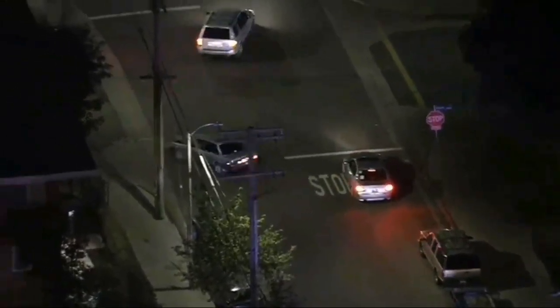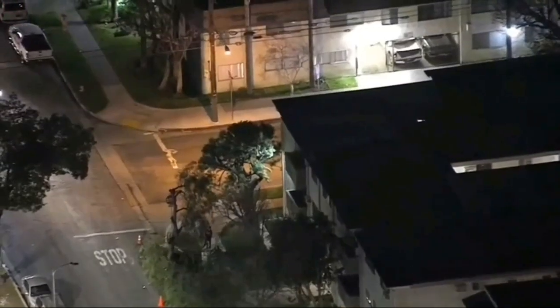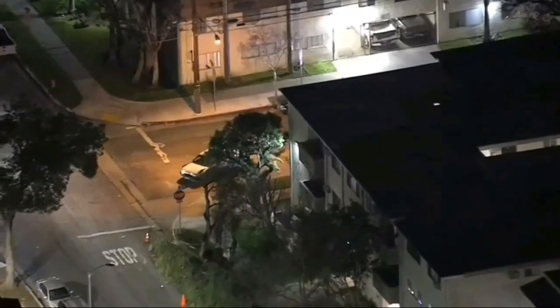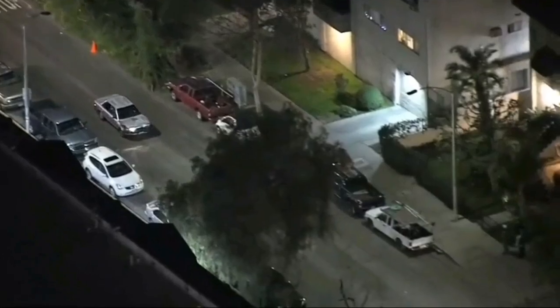Coming back up to Rain, making a left turn here just behind this apartment complex, and I expected him to come back out here onto Cedros, and there he is, back at Cedros. So now he's made a loop around this same area. This is a